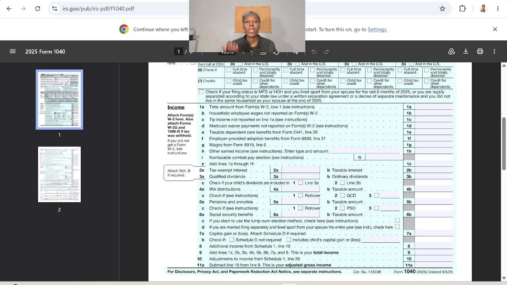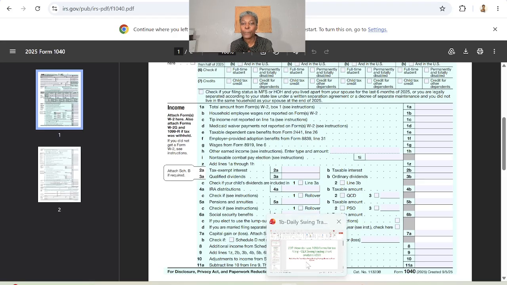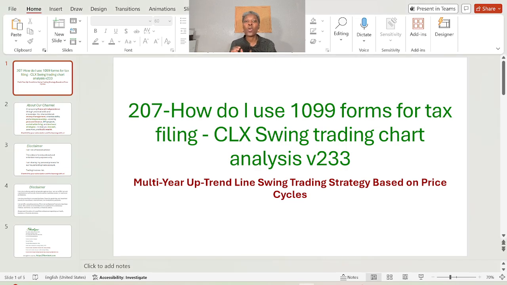So those will go on some tax form as you are filing, or the software will ask you questions. You'll answer those questions with that information, and the software will put them on the appropriate tax form that those numbers should go to. But that is how you use the 1099 for your